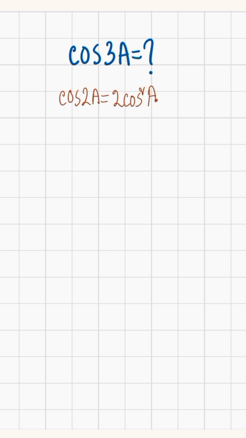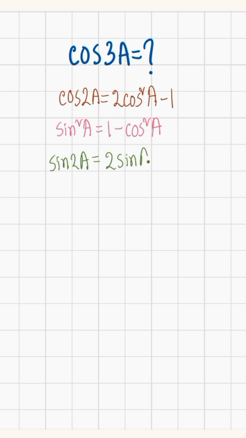আজকে cos3A এই সূত্রটিকে বের করব। তার আগে জানতে হবে cos2A equals to 2 into cos square A minus 1, sin square A equals to 1 minus cos square A, sin 2A equals to 2 into sin A into cos A